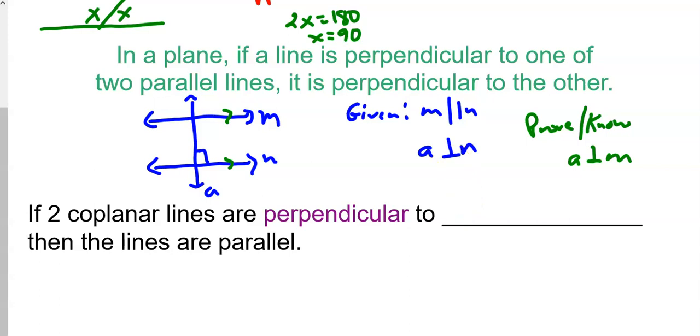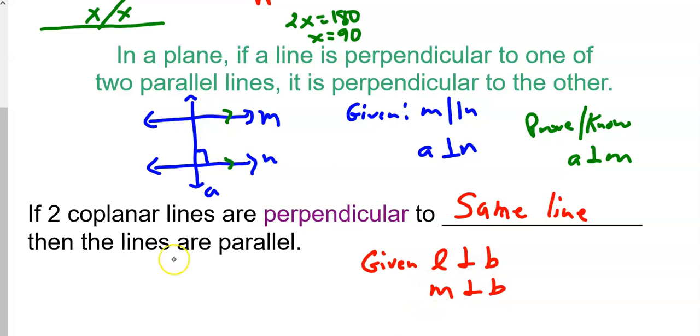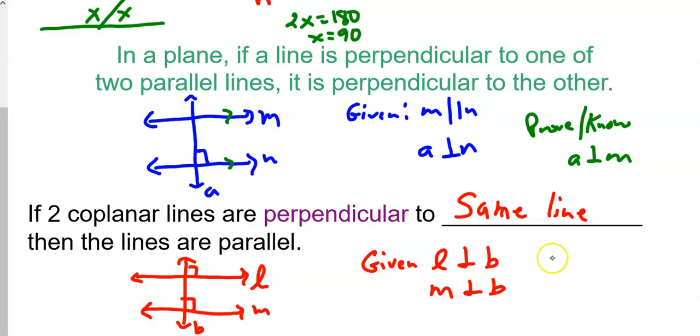And hopefully you realize, oops, that this is the same line. Same line. So again, let's kind of talk about this. Two coplanar lines are perpendicular to the same line. So if we're given L is perpendicular to, I don't know, B, and M is perpendicular to B. So here's B. And we'll say, okay, here's L, perpendicular to it. Here's M, perpendicular to it. Then again, we can prove, or we'll know,